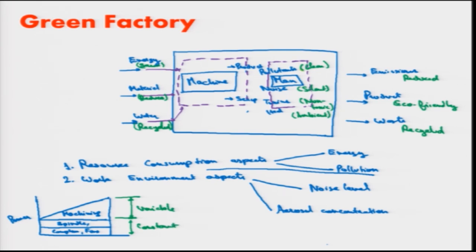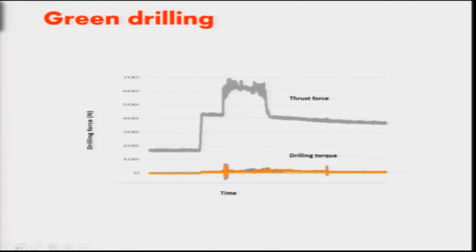Though we can also reduce the constant amount of energy, that is the use of spindle fans, there are certain techniques to do that, like the idle time has to be minimum. We are more concerned here about reducing the variable energy while we are doing the machining. So how does energy work here? This is the actual plot that is produced when we did drilling. This is the drilling force that is recorded by a dynamometer that is fixed on the drilling machine.